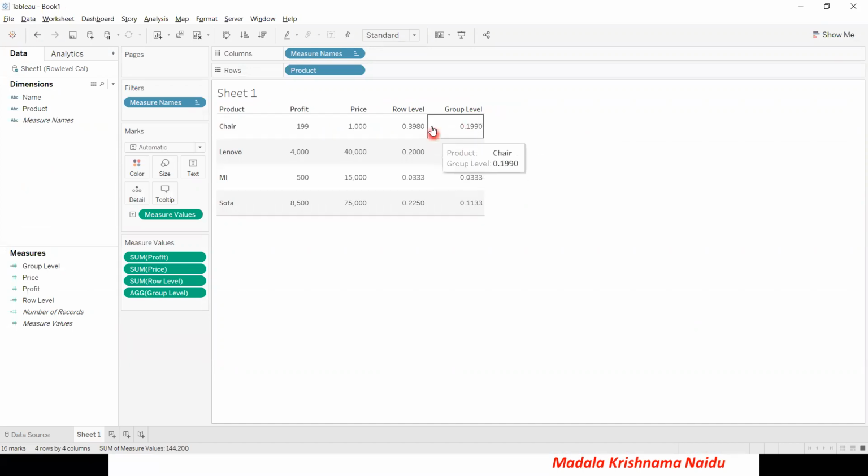Okay, now you can see, right? Whenever it's an aggregate level, you can see for this aggregate group level calculation, before it is showing as AGG, which means it's an aggregated value. Whenever you are writing some calculations, you may see the error: the field is already aggregated, you cannot further aggregate it.